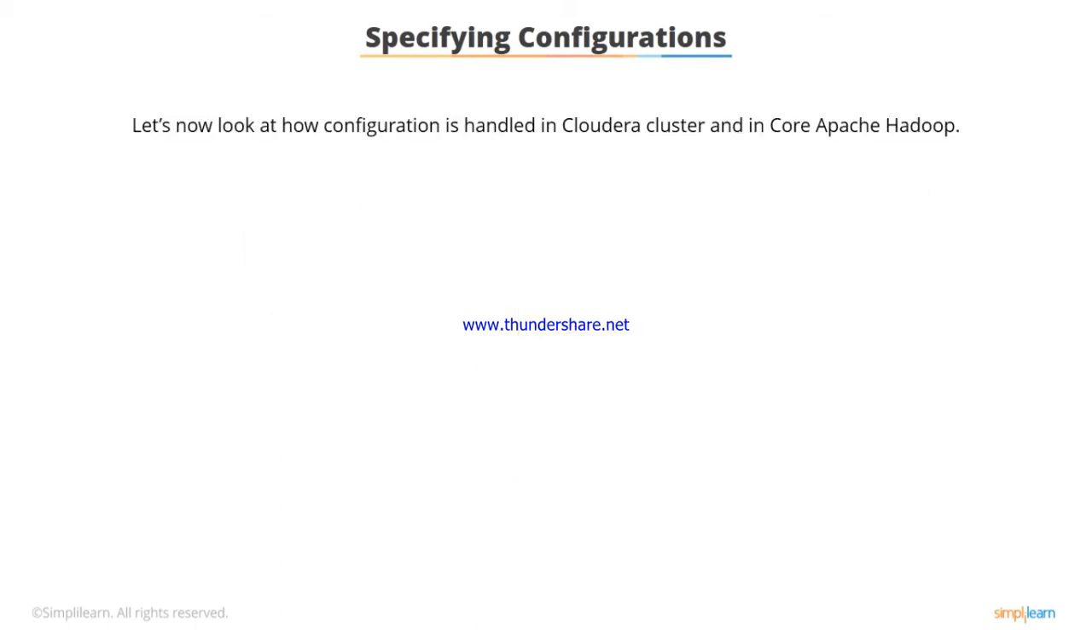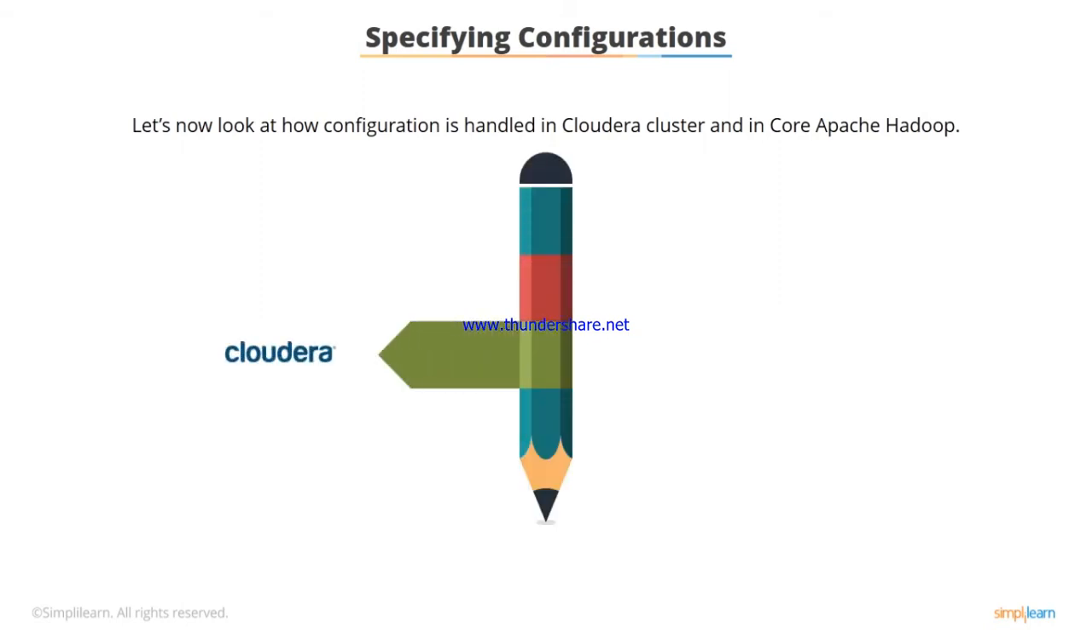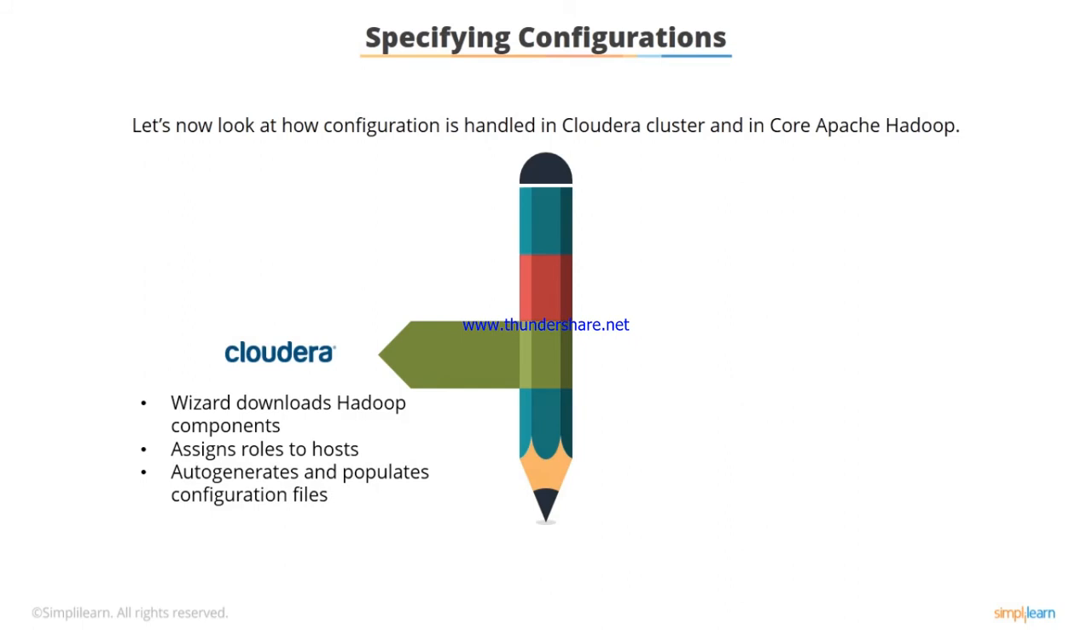Let's now look at how configuration is handled in a Cloudera cluster and in core Apache Hadoop. In a Cloudera cluster, the Cluster Setup Wizard downloads Hadoop and related parcels and sets up some services by default. It assigns roles to hosts based on an internal check of node configuration. However, the admin can also configure services and assign or change role assignment to hosts. It also auto-generates and populates the configuration files based on the role placement and allows the admin to change, update,